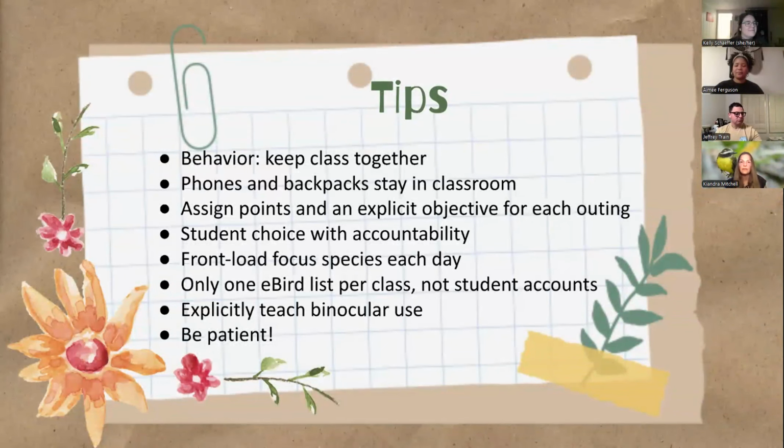If we're birding, please make a list of all your species. Student choice: do they want to work alone? Do they want to work with a partner? Do they want to do it in English? Do they want to do it in their other language and then translate it? I have found it helpful to front load which species we're going to be looking for if it's my birding class. And if it's my science class and we're looking at flowers, we'll go over which species of flowers we're going to be searching for on campus, and not to touch them, not to pick them, and not to eat them.